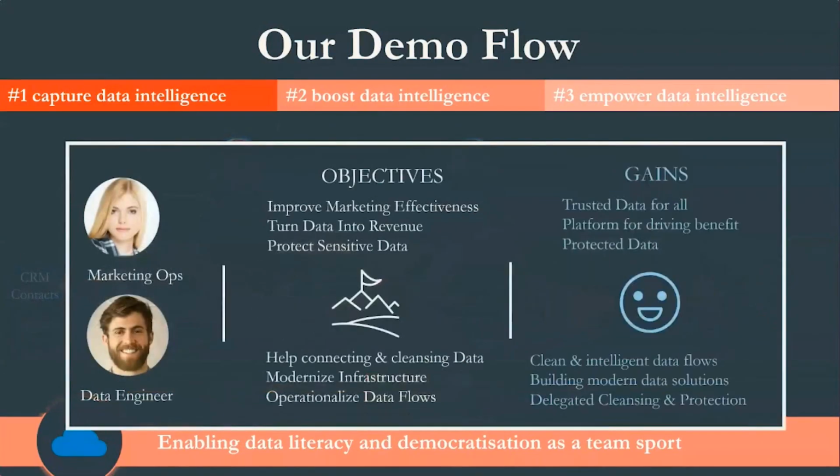So just to summarize, we had our marketing ops user who wanted to improve their marketing effectiveness and look at sensitive data and improve those contacts. What we've seen here is how we can deliver those capabilities around self-service and wrangling of data to the marketing ops persona and help them protect data and provide their own insights on how to operationalize that data. From a data engineering perspective, what we've seen here is that we can delegate activities in the overall data lifecycle, specifically around cleansing and protection rules, where the marketing ops person has done much of that work for us.